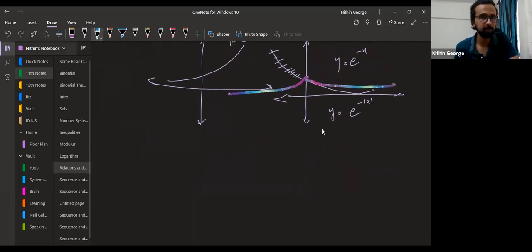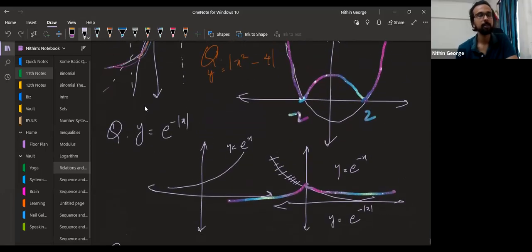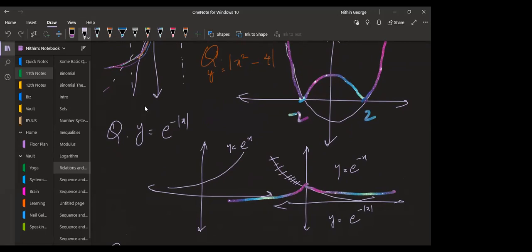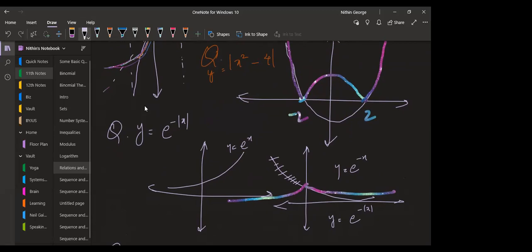Sir, I have a doubt. Yes, ask. Is it not the graph of e power x, but then the question asked is e power minus? Yes. So, I thought of starting with what we know. That's the idea. Suppose I give some complicated equation, much more complicated than this. What you do is start with the basic of what you know, e power x. You know the graph is like this. Was that the question you were asking? No, sir. In the question, we have e power minus of mod x, and then we drew the graph of e power x. Yeah.